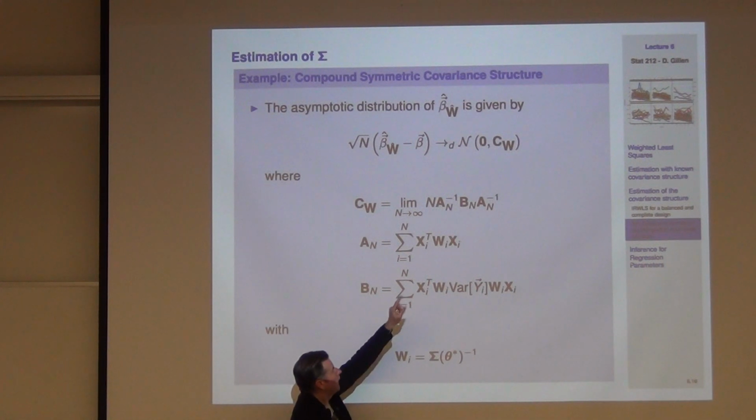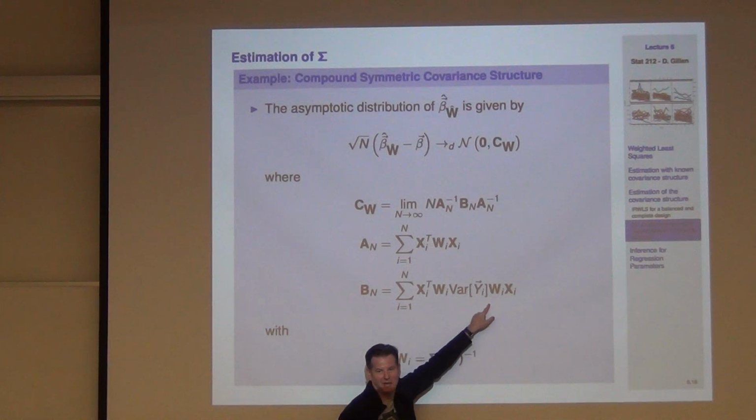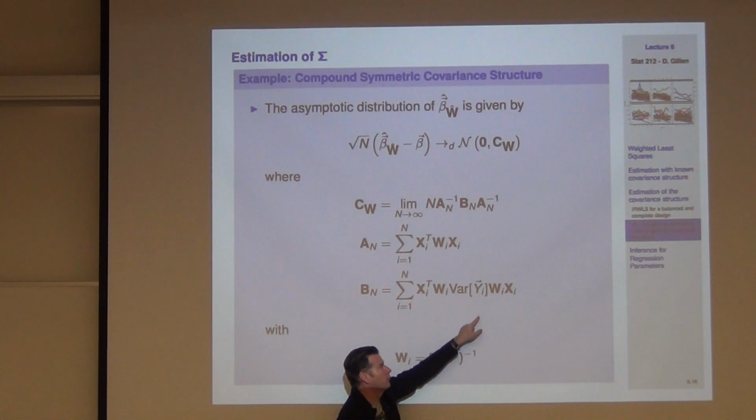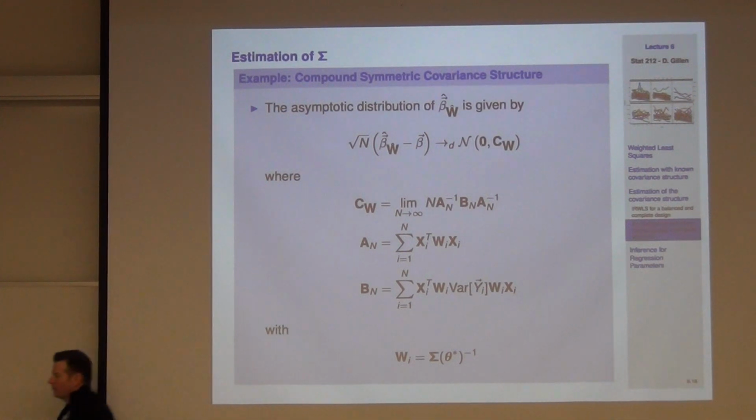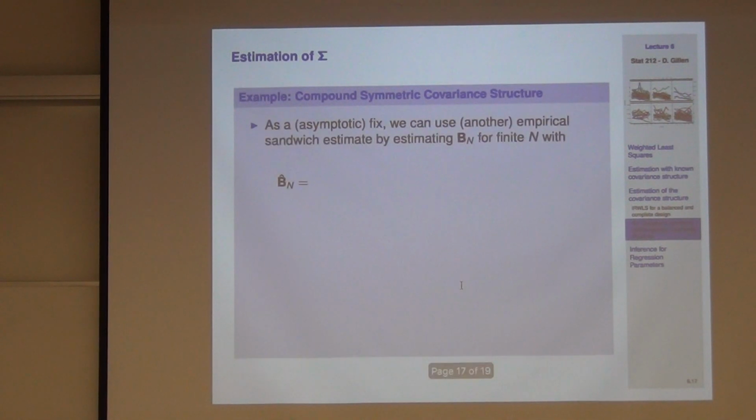What we do not know now, we know the form of it, but we're still left with this. It's like we're right back to where we began, right? Well, if I knew the true variance of y_i, I would have used that for the weight to begin with. We don't know it. So what are we going to do at the end of the day? We're going to empirically estimate it. Okay? So we're going to take a B_n, what I'll call